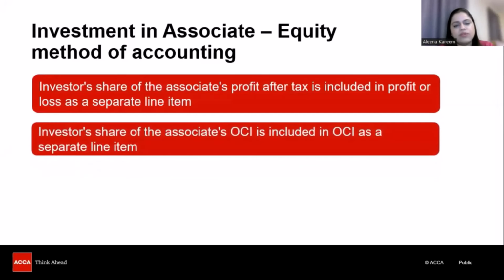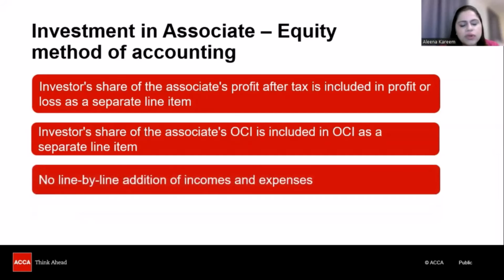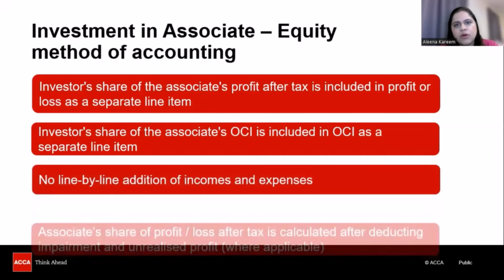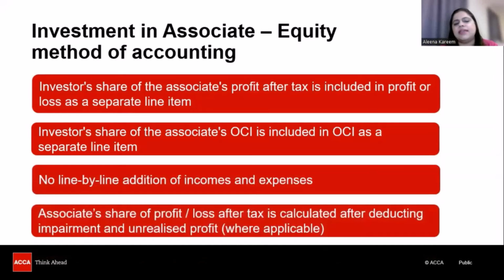Now, once that profit has been taken up, then in case of OCI, also a similar approach is followed. The associate company's OCI is taken up. On that, we apply the percentage of holding, and then it is added to the OCI of the group as a separate line item. Then there is no line-by-line addition of any income or expense, sales, anything. No line-by-line addition whatsoever. And then associate's share of profit or loss after tax is calculated after deducting impairment and